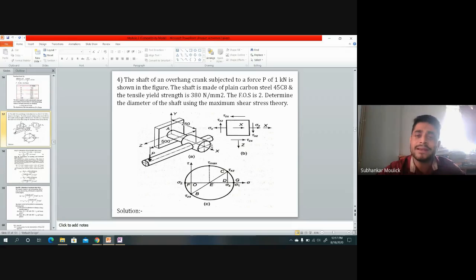So how can we get the value of tau max? There are two options. Either you draw the Mohr circle, and from that Mohr circle you measure tau max, or else you use the simple known equation, and that equation is,